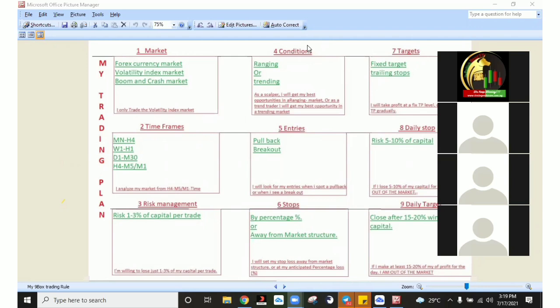So as a trader with a trading plan, you want to ask yourself, what kind of a trader am I, and what is my best analysis time frame for analysis and entries? And number three